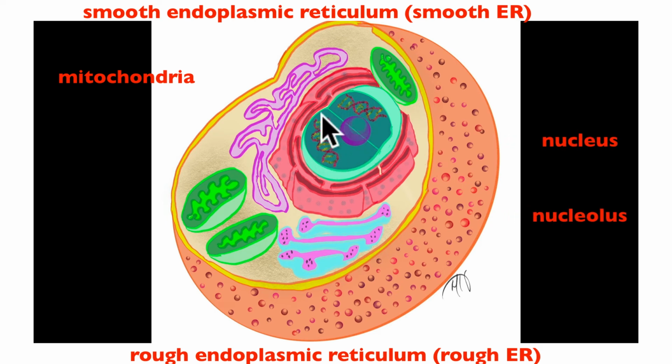These structures right here are DNA molecules. They contain the genetic information of the cell, and this is the Golgi apparatus. So let's start with the mitochondria that we see in green. Mitochondria do contain genetic material. The great overwhelming majority of genetic material of our cells, of our body, is confined to the nucleus that we